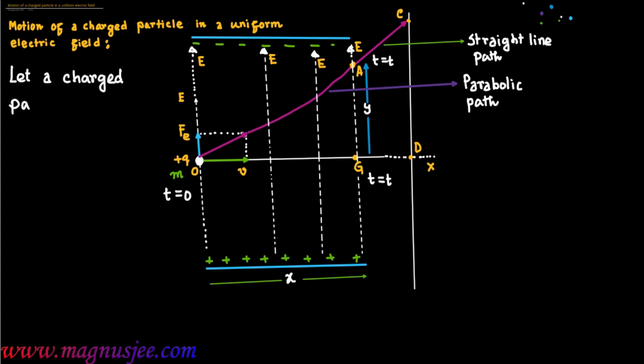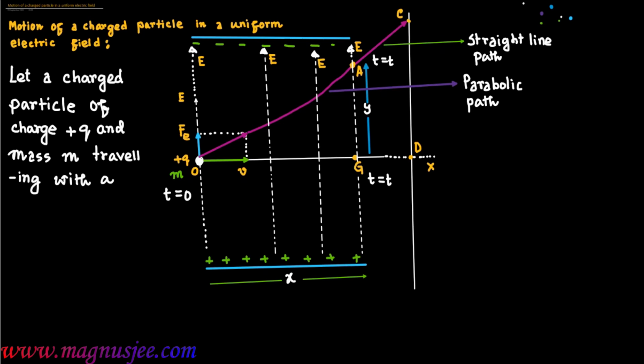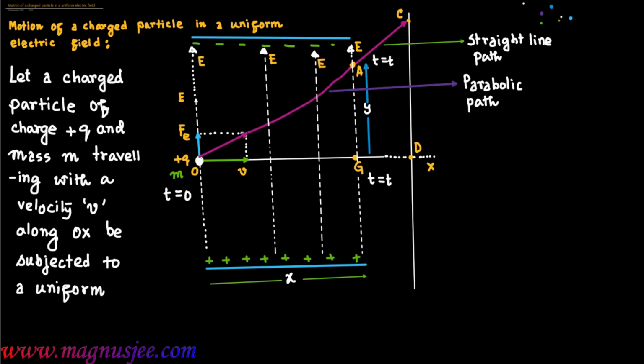Let a charged particle of charge plus Q and mass M, traveling with a velocity v along the direction OX, be subjected to a uniform electric field E, uniform electric field of electric field intensity E,